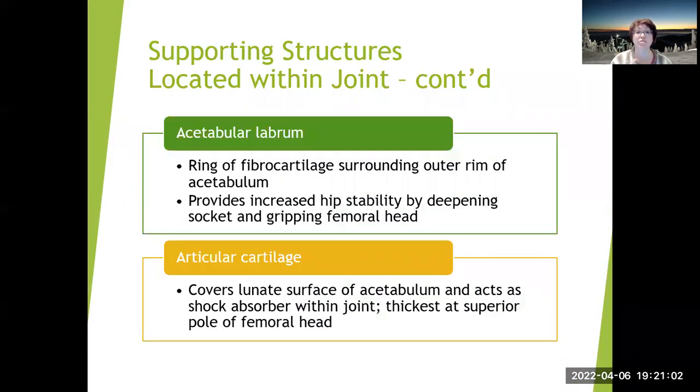So still within the joint, another structure is the labrum, and you can think of the labrum as being sort of like a gasket. There's one in the shoulder as well. It helps deepen the cup a little bit. It's a ring of fibrocartilage on the outer rim. It provides increased hip stability by deepening the socket and gripping onto the femoral head. So if someone has a torn labrum, which is a, I wouldn't say common, but a not uncommon sports injury,